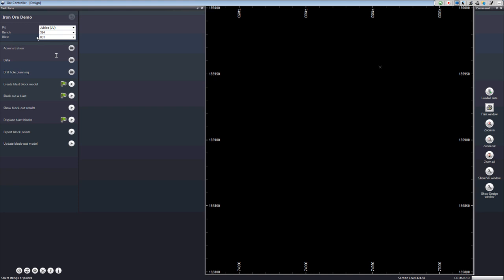The second panel here is where the user interface for each activity will be shown. The main panel here, of course, is the design window, and on the right-hand side we have a palette menu of various commands. And this can be customized to add particular commands that you might prefer to have built into your system. So let's go back over to the left-hand side here, and I'll explain what we're looking at.